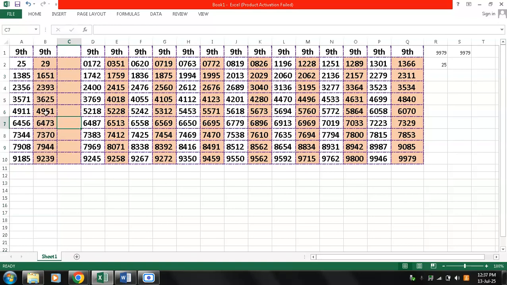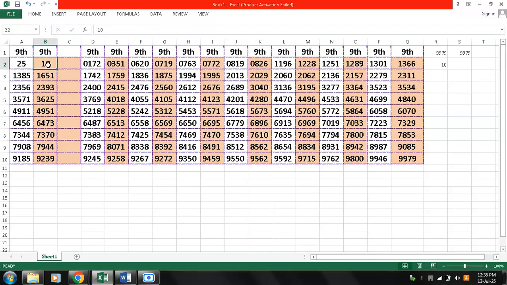Now you can see all of this data. You use Windows and the F2 key together, you will be able to format and edit any cell. Remember, Windows and F2 key together, it will open the cell for editing. Here you can see there is no space either in the front or at the back, and the 0029 has become 29 only. So if I type 10 here, again you see the min value becomes 10,